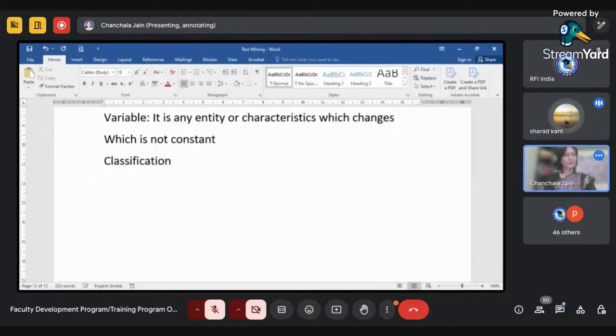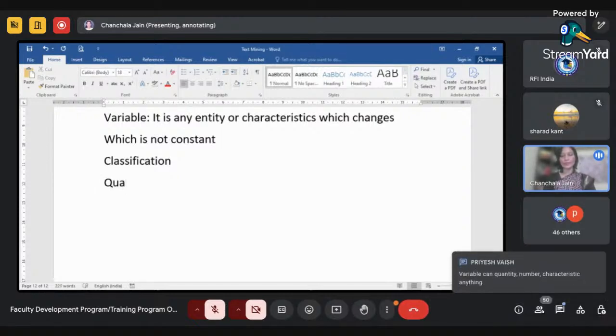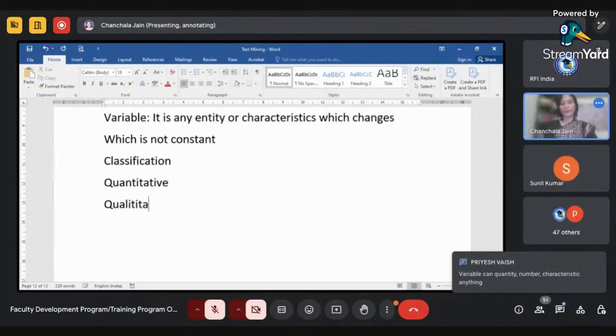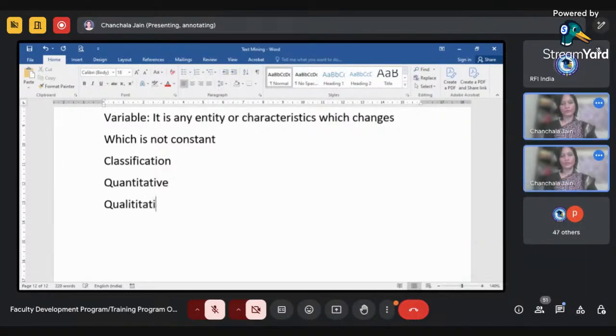Fine. Latent variable is one more addition to that. So broadly, I can say quantitative and qualitative variables, right? This is one classification of the variables.